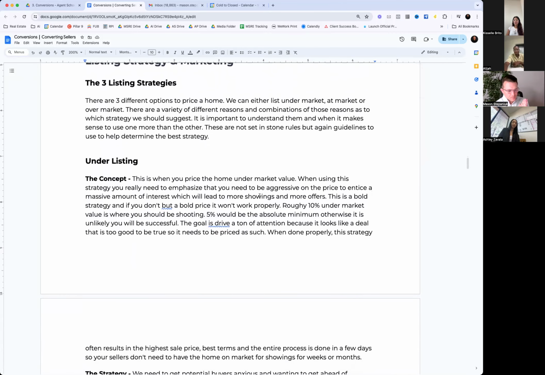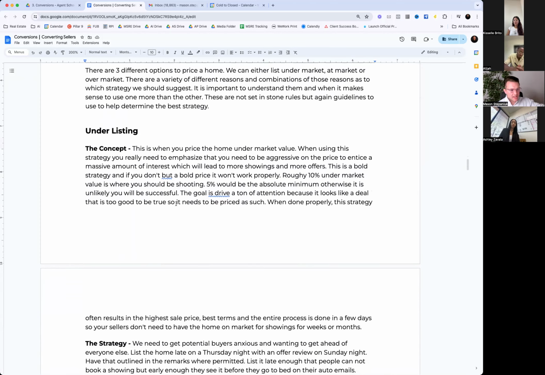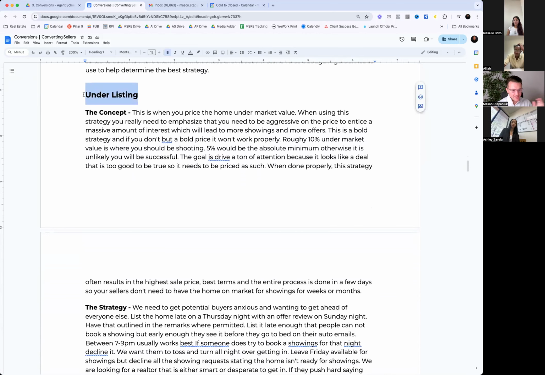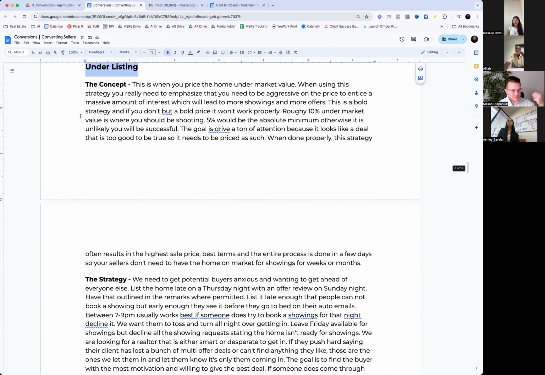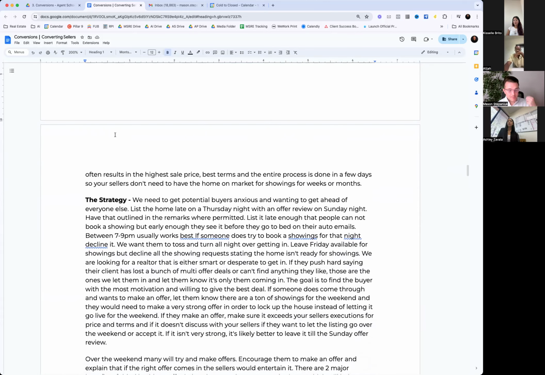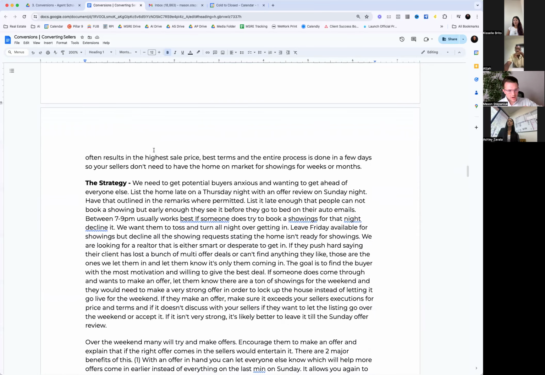Okay. So when listing a house, you can go under market value, you can go at market value or over market value. Okay. For most markets and most products, it is most advantageous for us as realtors to list the property under market value. Okay. And the reason is it allows us to bring in more viewings, more showings, which is going to lead to more offers and ultimately drive the price up, especially if we're in a market where it's very